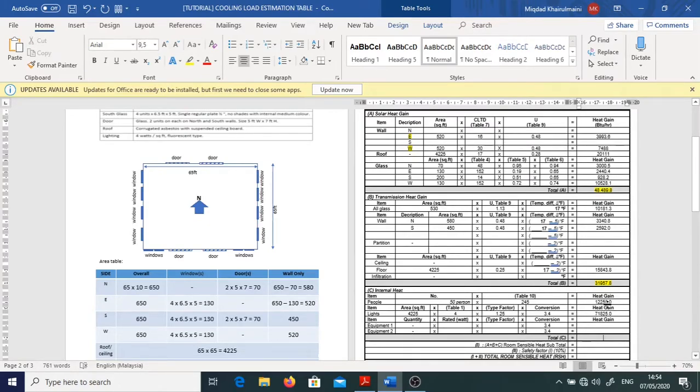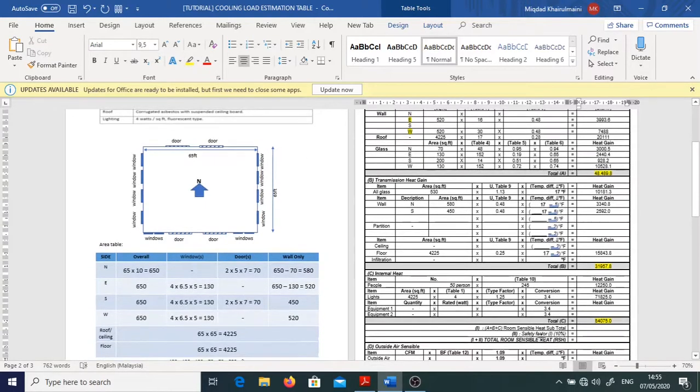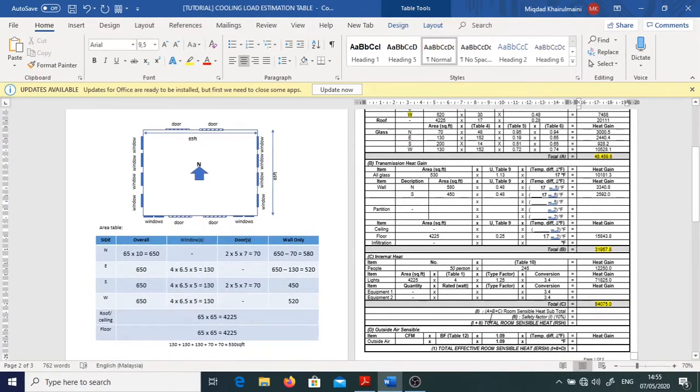Then we can calculate the total of C. We add these two values, and we can get 84,075. We can highlight this value, just like before. The next is to calculate the total for A plus B plus C. So total A plus total B plus total C, we add them up, and we can get the answer here,